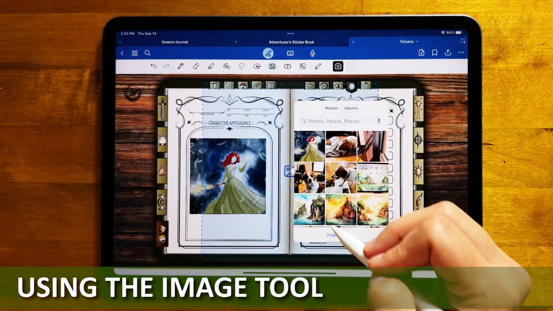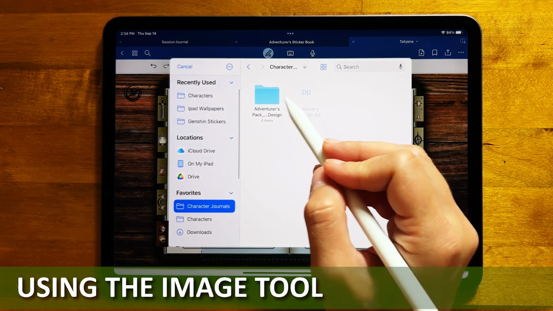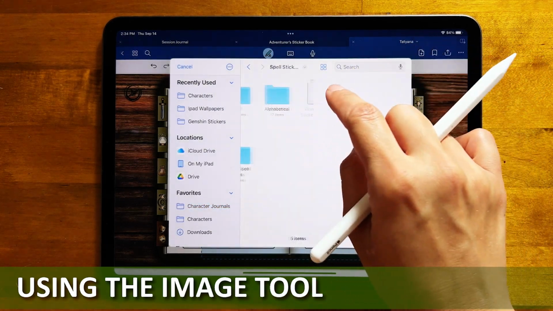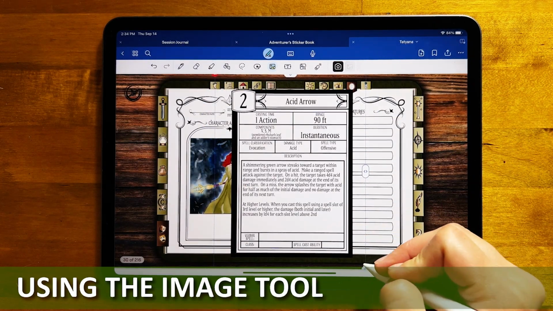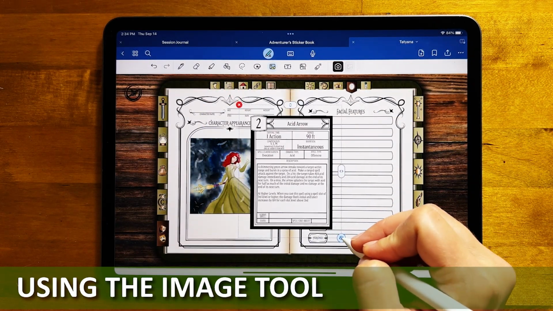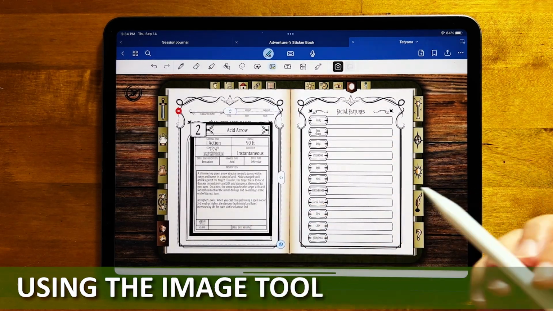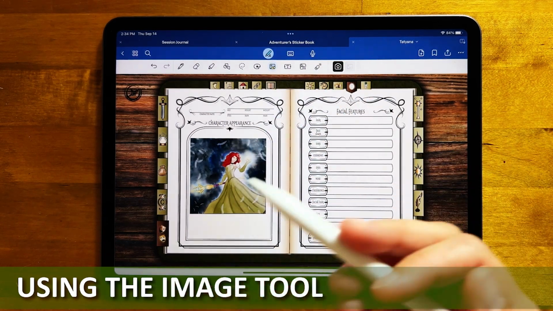You can also select images from your files. So if you wanted to, you could also select your spell stickers this way. Again, I don't necessarily recommend it, only because you can only insert one at a time, and you would have to click through all of those prompts again just to get a different spell sticker. But it is an easy way if you just need to import like one thing or what have you,